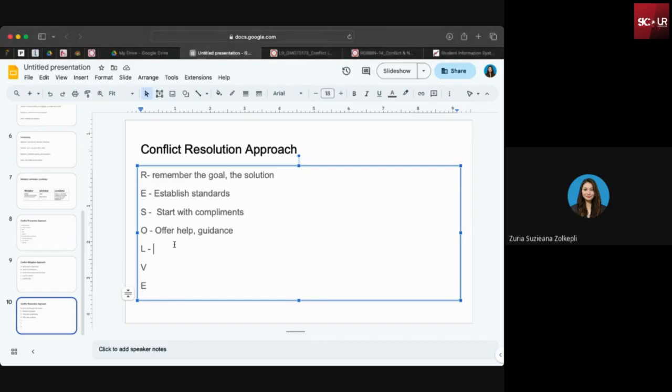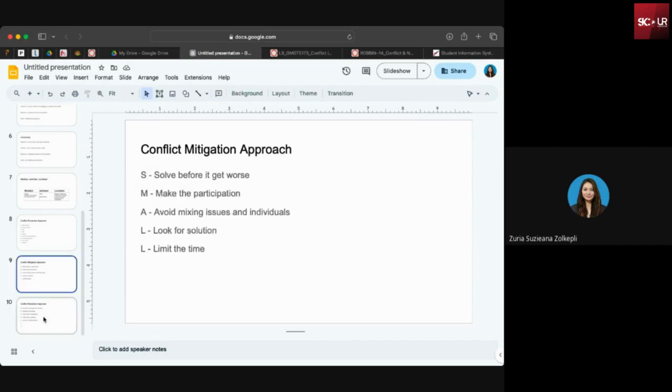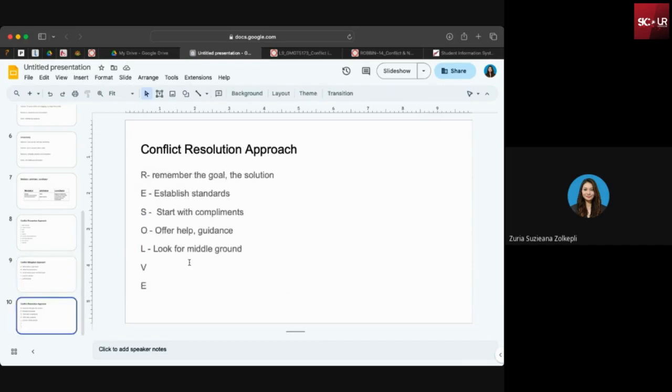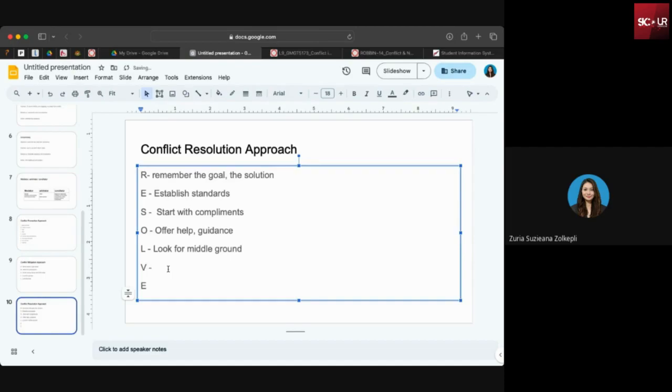And then L, okay, try to compromise lah, look for middle ground, look for a solution ataupun look for a neutral conversation. Okay. And then V, I pun tak tahu lah mana datang perkataan ini, okay, so it's like a veer away from, okay, for example,